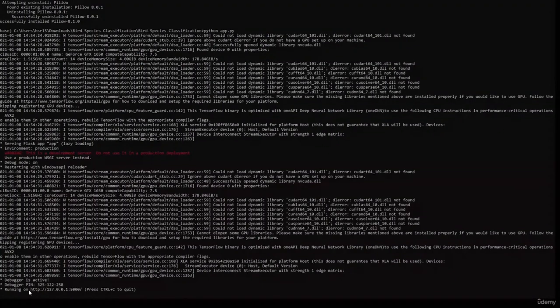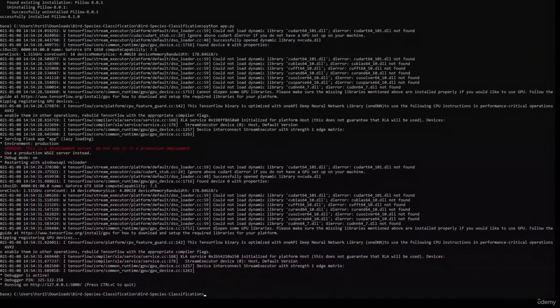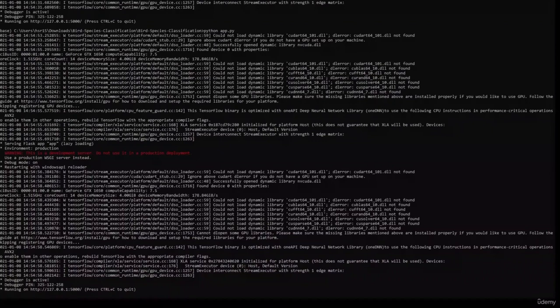Here you can see that it is running on this URL. Let's copy this URL and paste it in our browser to see if our app is running or not.